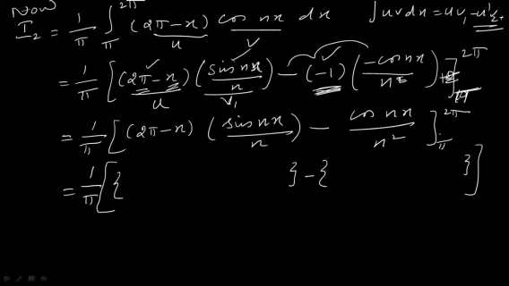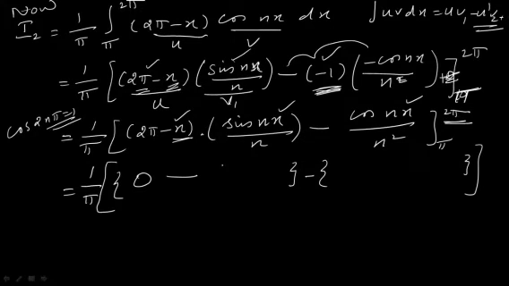Now let me first substitute the upper limit. Here your upper limit is 2 pi. So let me mark the portions of x first. At these 3 portions we have x. First one, 2 pi minus 2 pi. If you replace x by 2 pi, what happens? 2 pi minus 2 pi is 0. So product of anything with it you get 0. So the first term becomes 0, minus cos 2 pi. So that is cos n of 2 pi, that is cos 2n pi. You know the value of cos 2n pi. Cos 2n pi value is plus 1. So you have 1 divided by n squared.